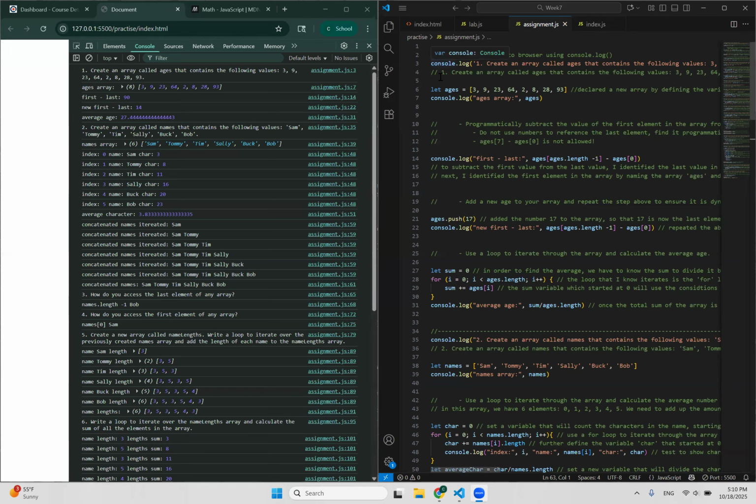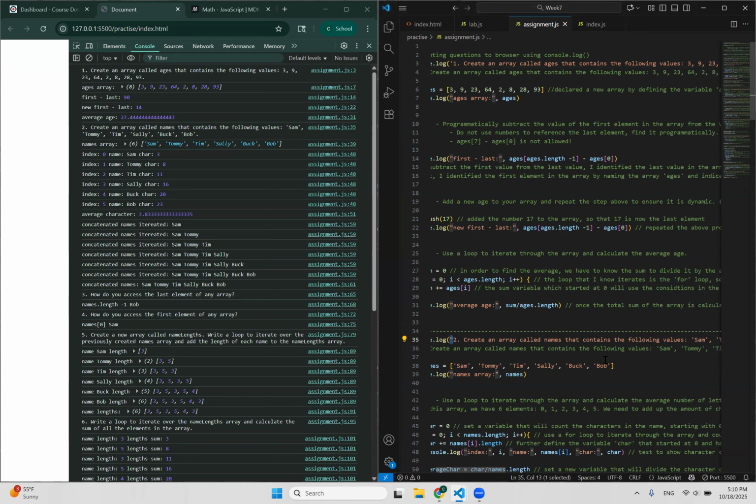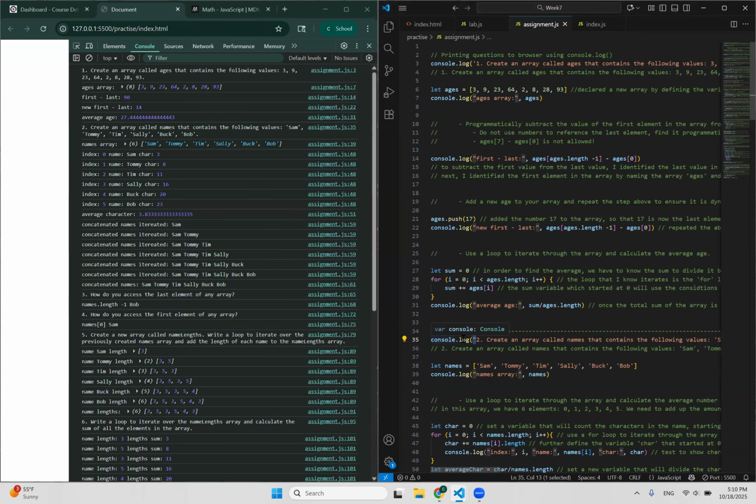So I just went ahead and followed all the instructions, starting with printing the questions to the browser using console.log. I just copied and pasted all of the questions and made sure I included the proper quotes, including using double quotes if there were already single quotes in the question, to the console.log command, and then went through and followed all